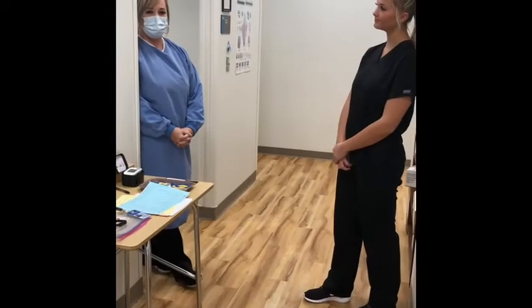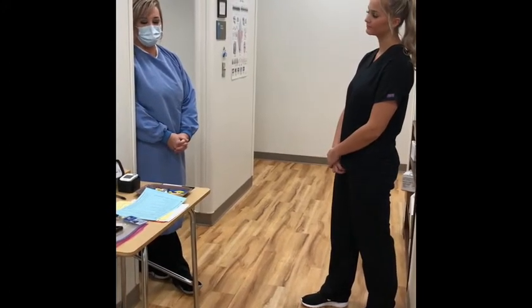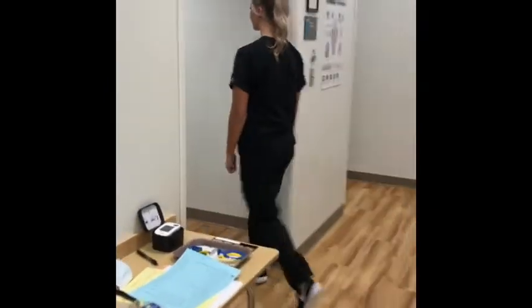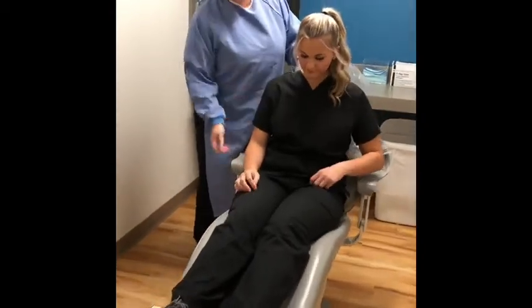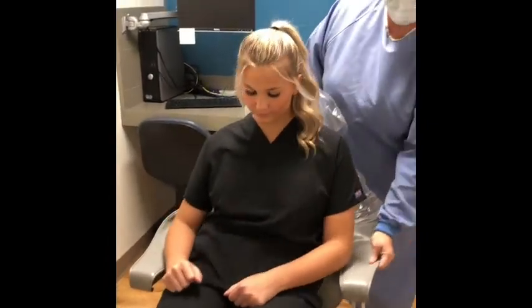Okay, we are going to walk through the steps to seat a patient to take our radiographs. So I'm going to go ahead and have my patient come on in. She's going to have a seat here. You want to make sure that the armrests are out of the way as they sit down, but then go ahead and slide those and lock them into place. After they're seated,